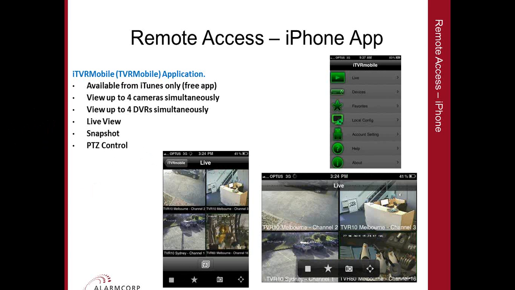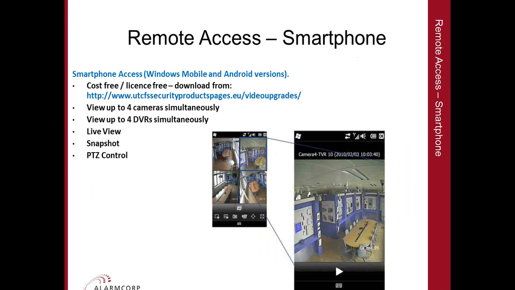Okay. Now, what happens if you don't own an iPhone, but you own a smartphone that's running either Windows Mobile or Android as your operating system? The good news is that there is an access option. It's called a smartphone access. There are 2 versions available, either Windows Mobile or Android. It can be downloaded cost-free from the following link,